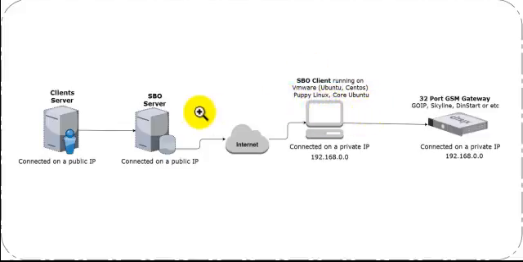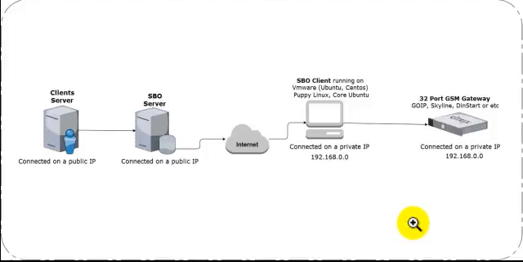Let's go to the next step, which is the gateway. The communication between the SPU client and the gateway is done over the SIP protocol. The SPU server will send the call to the SPU client. The SPU client will transfer the call according to its set dial plan, which is designed on the SPU server, and it will send the call to that specific gateway. So that's it. It's a very easy and simple diagram.